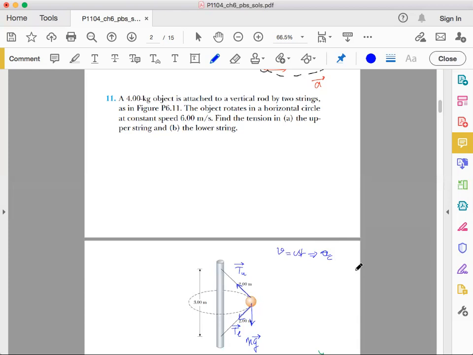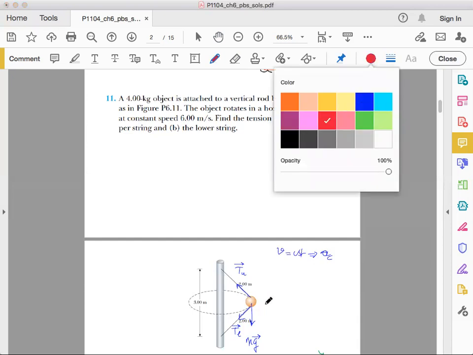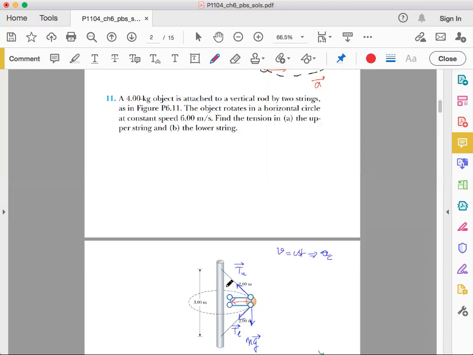So we know that the bob has an acceleration, and we know what the direction of this acceleration is, right? It is directed towards the center of the circle along which the bob is moving. So basically, this is the direction of the acceleration. So this is a_c,